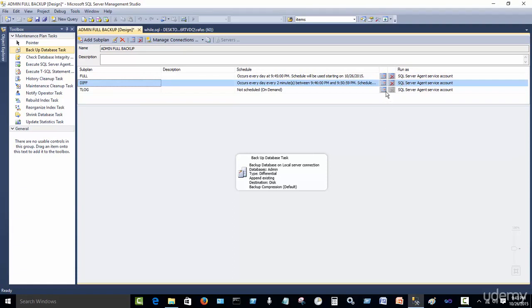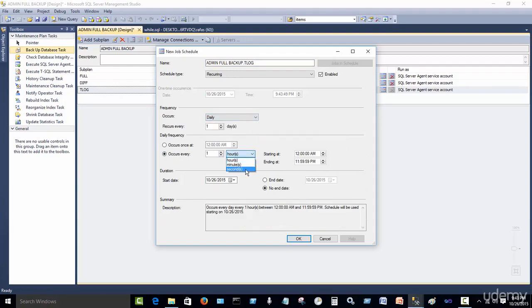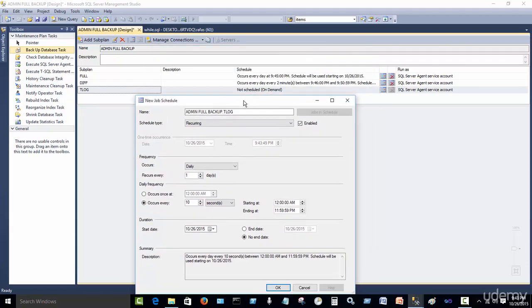9:46, that's fine. And then lastly, I'm going to choose this. It occurs every daily. For illustrative purposes, I'm just going to put every 10 seconds. And I want that to begin basically after the full database backup. So I'm going to go